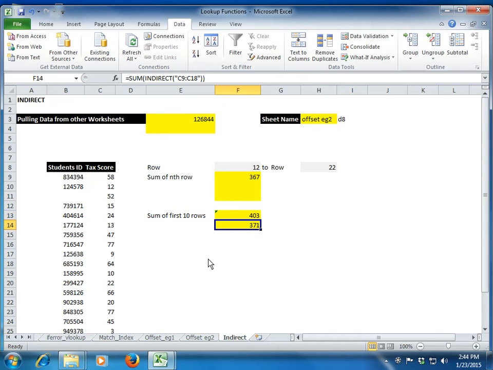Clear? This is just an example of the INDIRECT function. You will understand the beauty of it when you are solving many complex problems, and when you actually have to refer to the data indirectly. We will see it further when we study the array function in our next class.